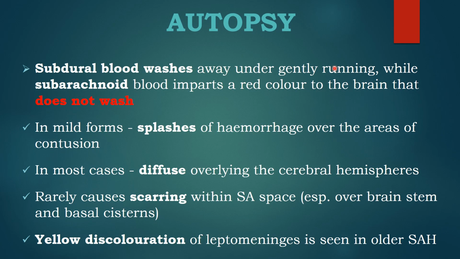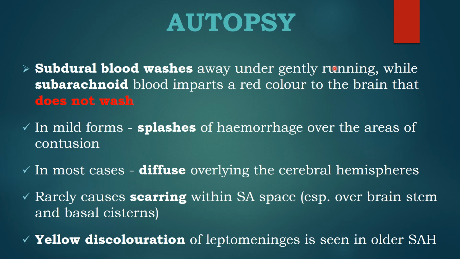In autopsy it's a challenge to differentiate between subdural hematoma and subarachnoid hematoma, because as I said earlier, the arachnoid membrane is a vascular meshwork, so this is not a thick shiny membrane like the dura mater. This arachnoid matter is intimately adhered to the brain surface. It dips into the sulci and then goes up. So on naked eye observation, you cannot identify arachnoid matter. So it's difficult to distinguish between subdural and subarachnoid. There are 2 points of difference.